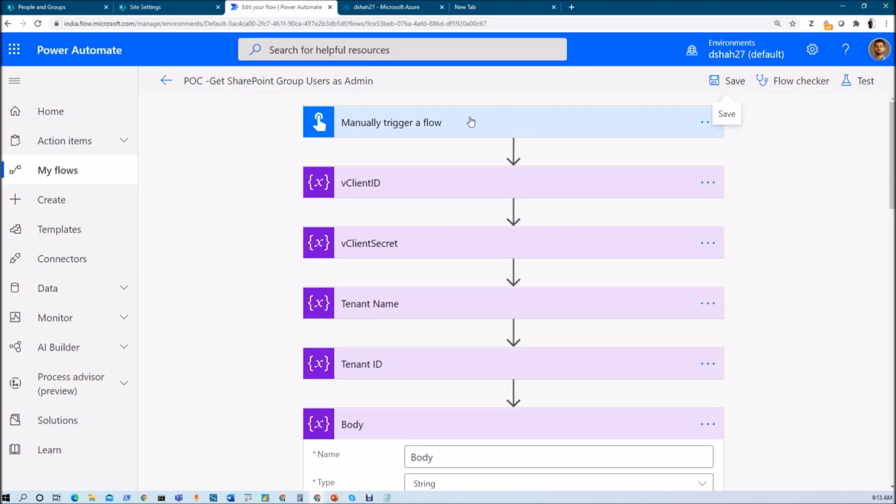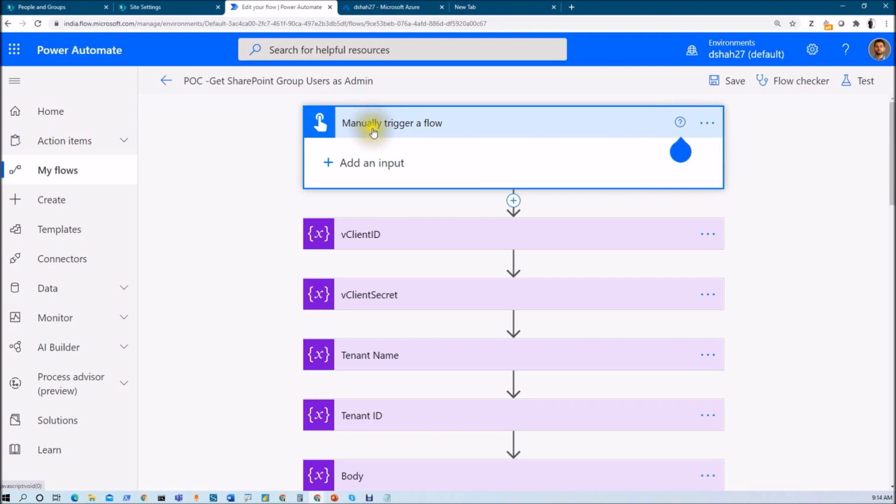Now let's create a flow and call our SharePoint REST API with the admin consent using Power Automate. A few things we need to consider before we get started. One important thing: I am providing the export of this flow on my GitHub account, so you can download it from there and practice more. Second, I would definitely recommend my other video where I parsed a complex JSON structure. Whenever we are parsing JSON in this flow, you will get a better idea. The link is available in the description box.